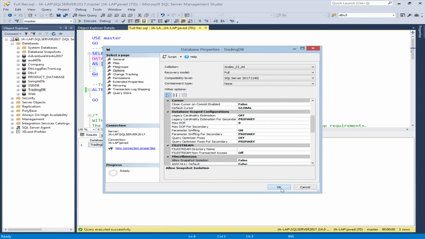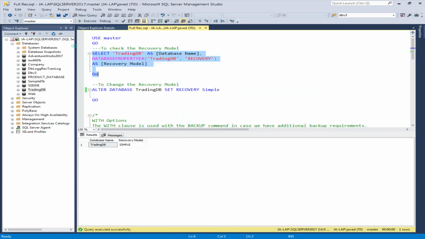I selected full again, which was changed to simple before. Now if I check again which recovery model is set for our database, it is full. So by using the query analyzer or by using this visual environment, we can change the recovery model from one recovery model to any other recovery model.